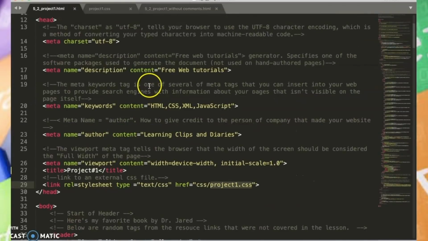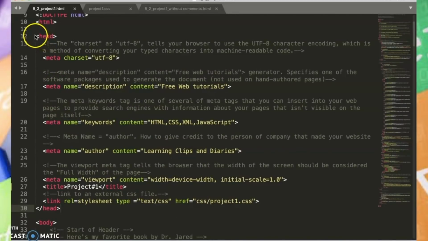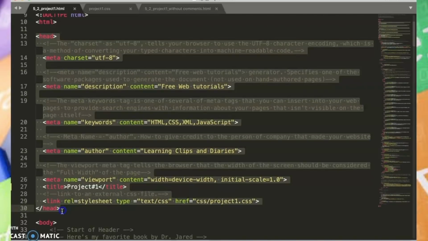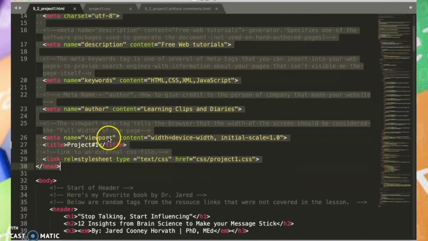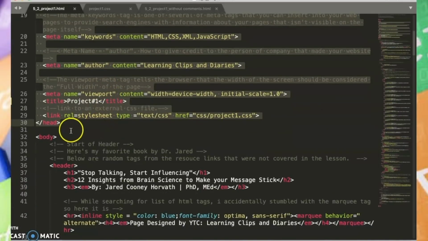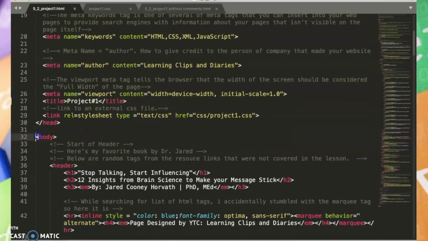Alright, so I closed the head tag. In HTML we have the concept of a container. So there is the opening head and the closing head tag. This is one container in our HTML, and inside those containers are the meta, the title, and the link to my CSS. So after the head, we have the body container. So we have to open the body tag,